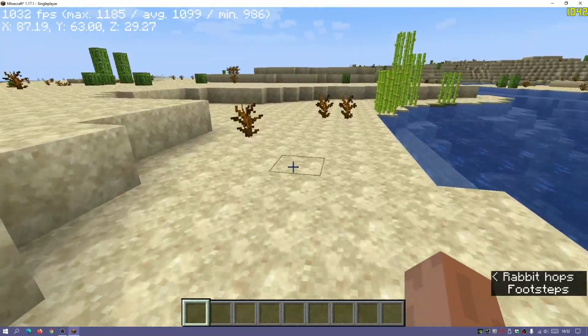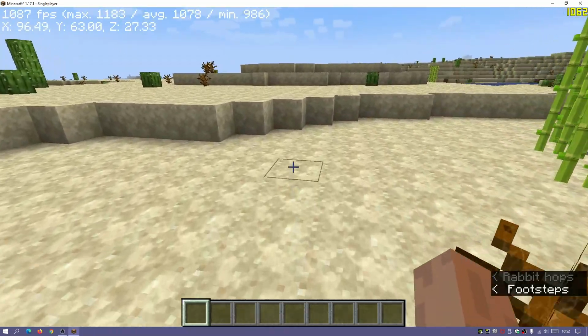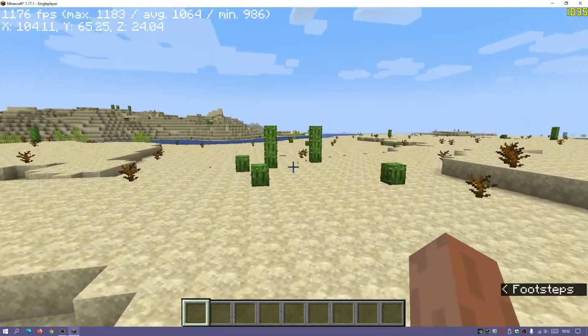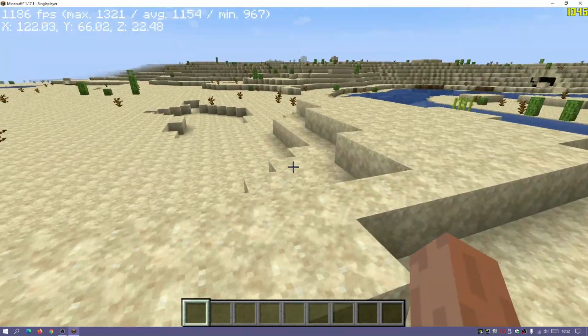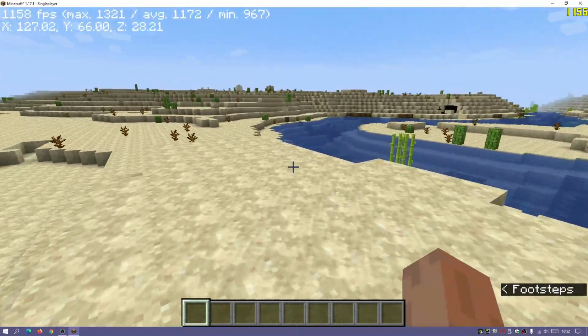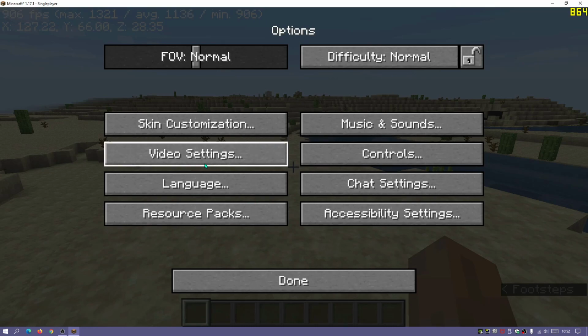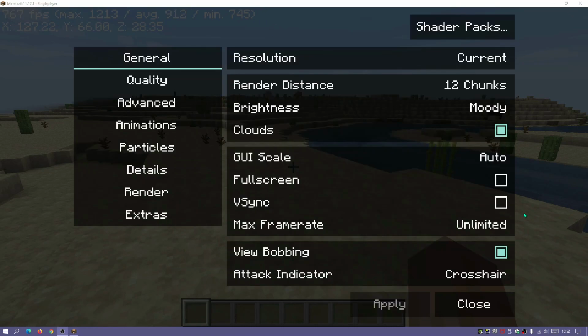I've done that because I wanted to see if they're both the same, and as you guys can see, they're pretty much the same figure there. So Sodium Extra is able to tell me what the FPS is, and it basically matches with the Fraps. So let's go into our options first of all, and then I'm going to click on video settings. As you guys can see, my screen actually looks slightly different. So any of you who have used Sodium or downloaded Sodium for 1.17.1 and watched my previous video where I showed you how to download and install Sodium for 1.17.1, you will see that the layout here in the video